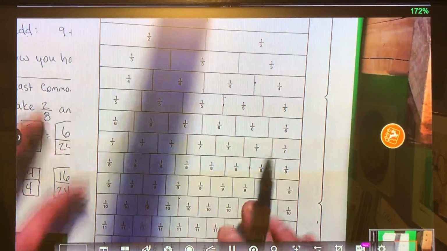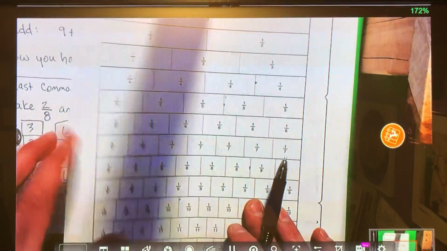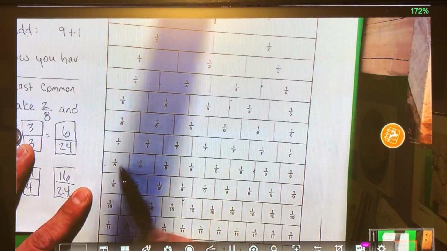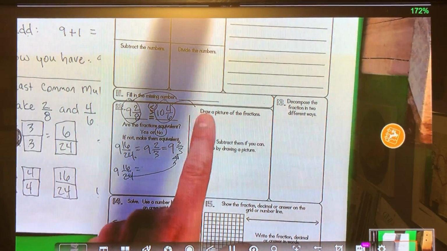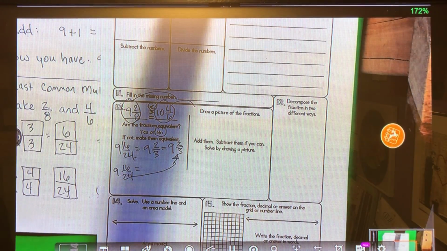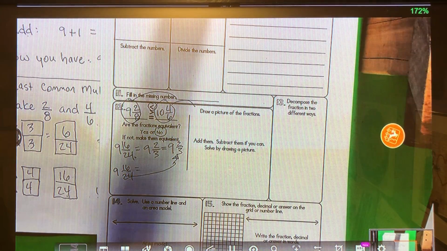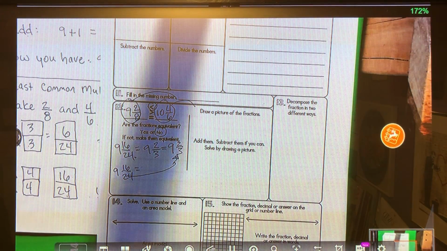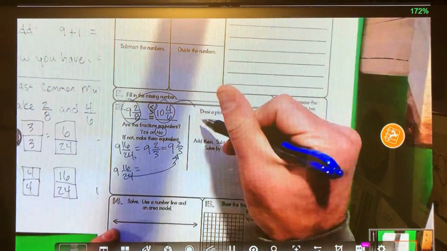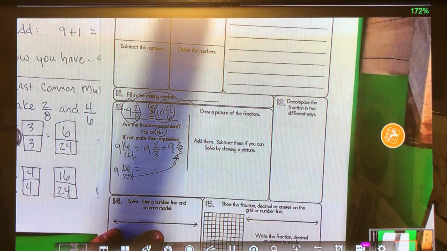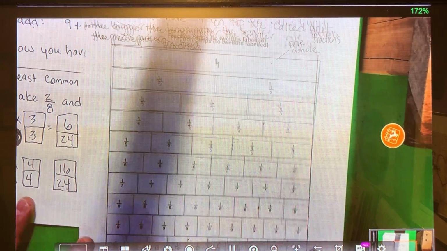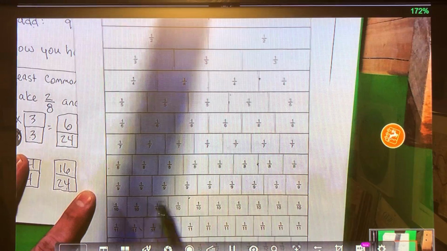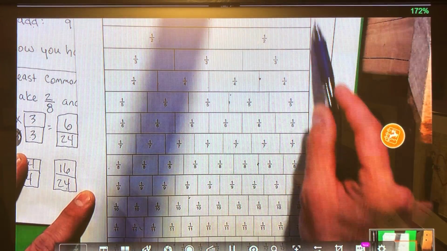And then to create your 2/8s, you would highlight 2 more 8s. And so drawing rectangles is going to be very helpful in drawing a picture of your fractions. I'm not going to show you an example of that, but I do want you to play around with the idea of drawing a picture of your fractions, and rectangles make it a lot easier. Making rectangles is going to ensure that you can create something very similar to this, and you can